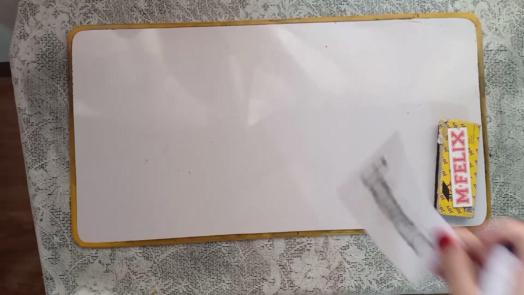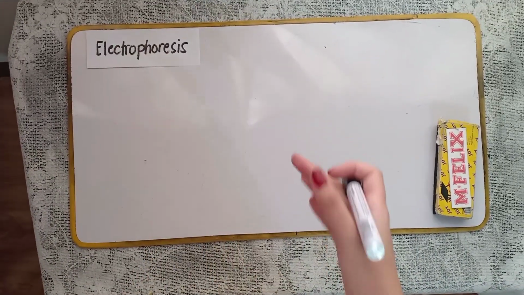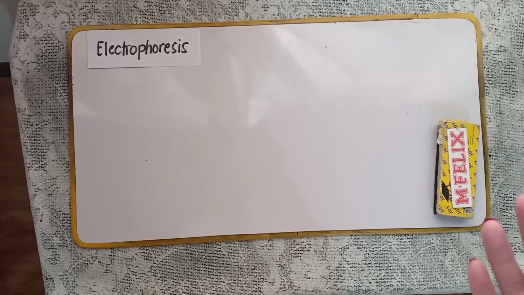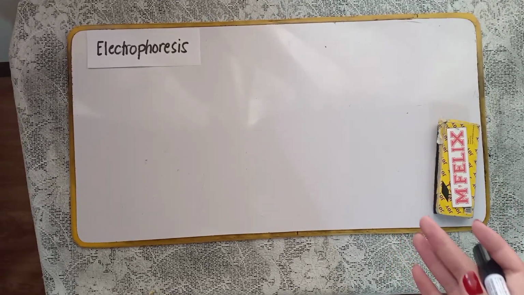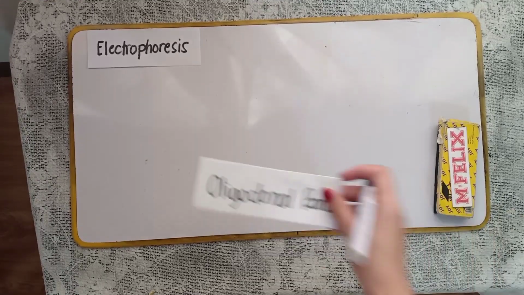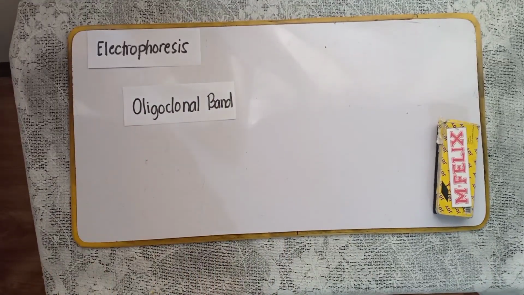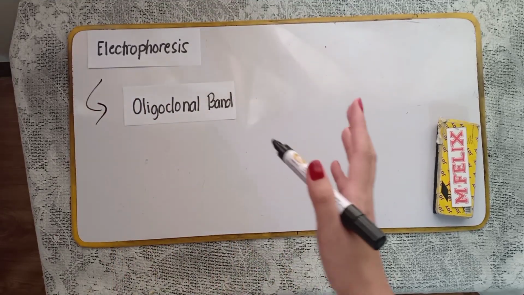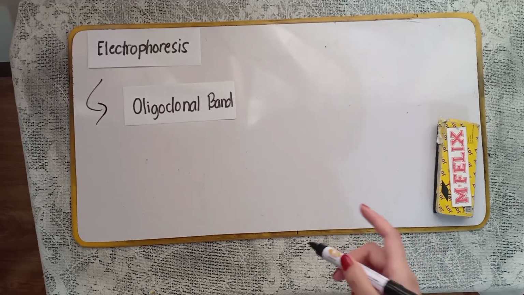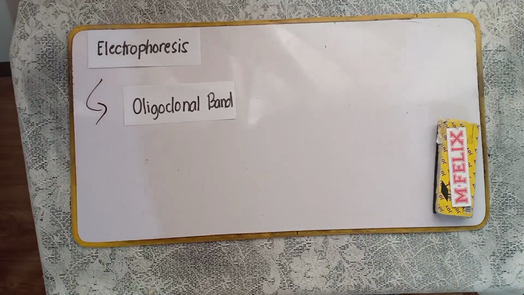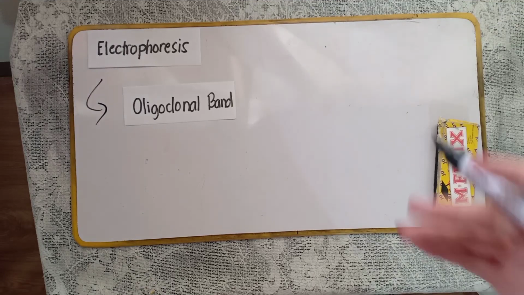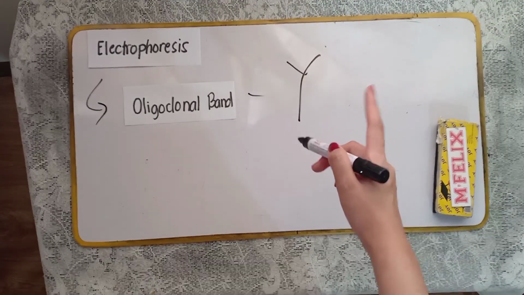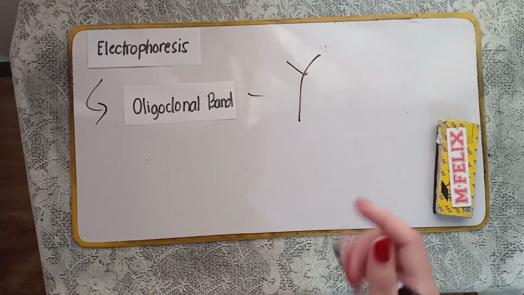And then next, we have your protein electrophoresis, CSF protein electrophoresis. Now, the primary purpose for performing CSF protein electrophoresis is for the detection of oligoclonal bands. Okay. Now, these oligoclonal bands are usually a representation of an inflammation within the CNS. Now, these bands are usually located in the gamma region of the protein electrophoresis, indicating